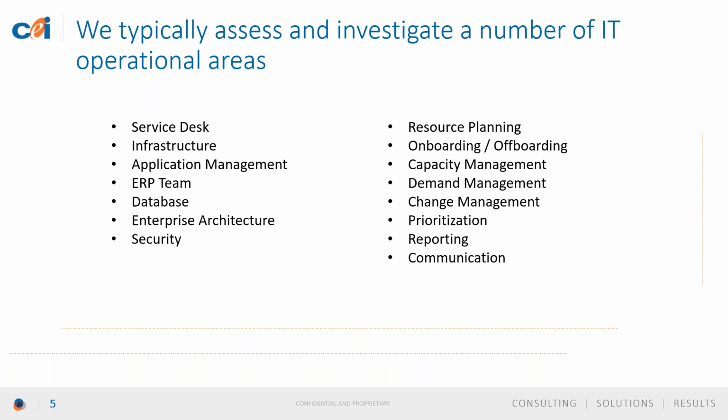And then on the other side of the page are the actual activities or processes within these organizations that we definitely want to take a look at, because there's such a huge benefit to be gained by doing proper resource planning. We find that a lot of companies don't have a good plan in place for doing resource planning, demand management, capacity management. Those three together work hand in hand, and we're able to show ways to improve that so that we understand what resources we have, and we're planning out the use of those resources with the proper activities, and we understand what our capacity is as a group, and we're able to match that up with